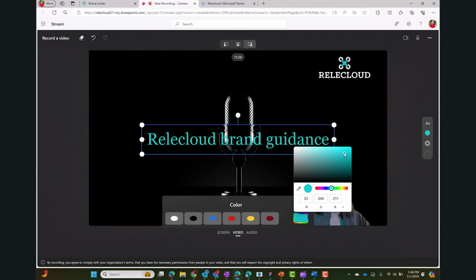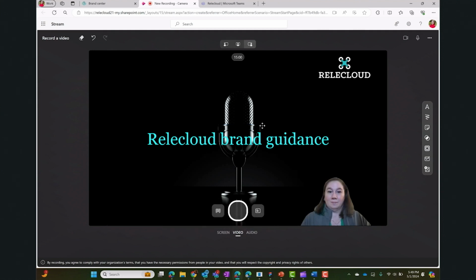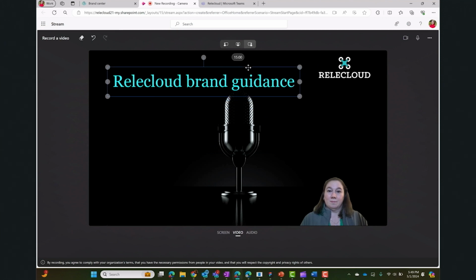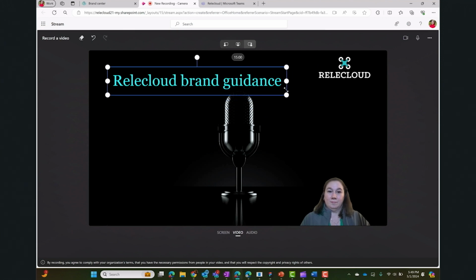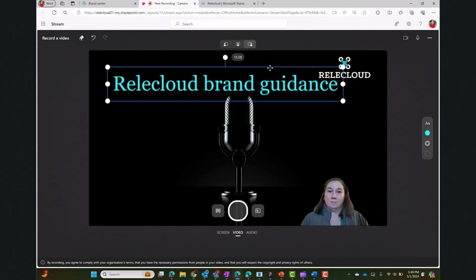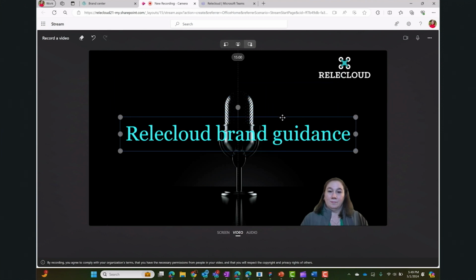But you can see as I put that on there, you can't really read the text because it's over that image. So I need to customize that as well. So I can come through and move it all around, size it. Maybe I want it up here at the top. I don't really love that. So let's move it back. Wasn't my favorite. I really like it right there in the middle, really give it prominence,